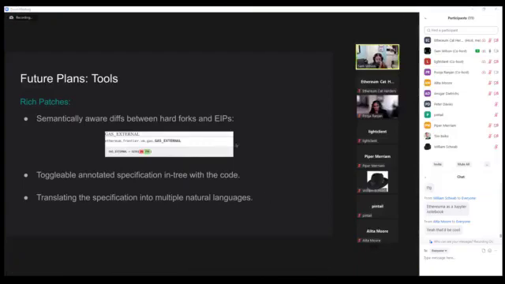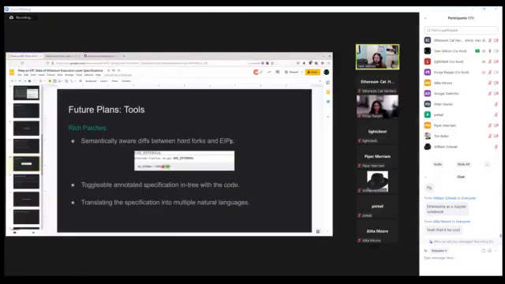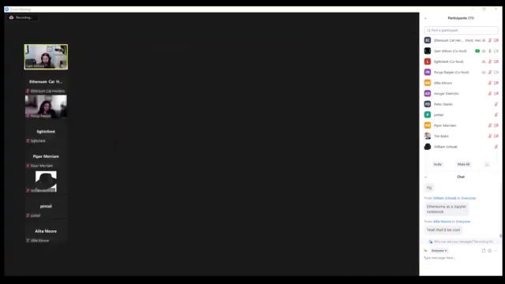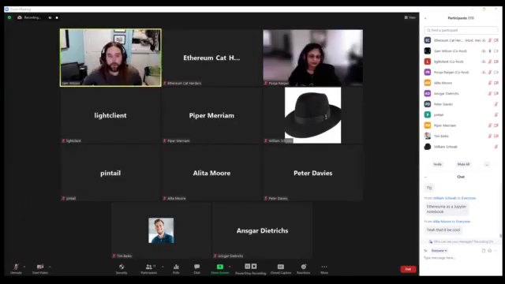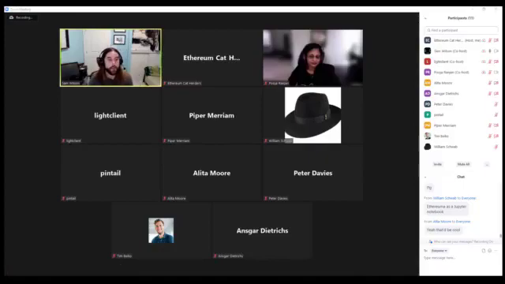Some of the rules we have for contributing to the execution specs repository are that variable names have to be full words, they can't be shortened. Everything has to be very explicit and written in a way that's easy to understand.